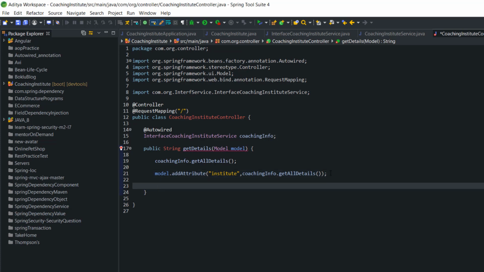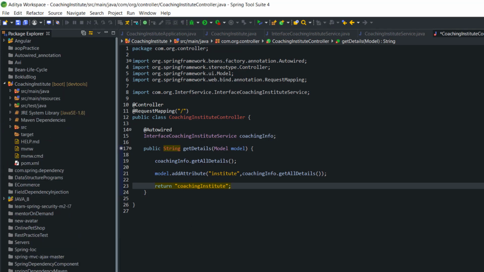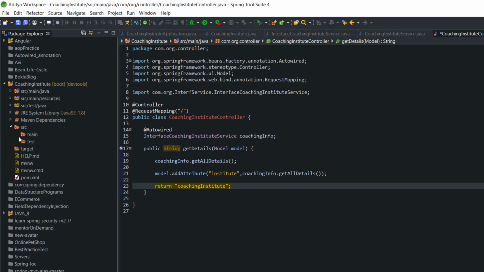Now here, since the return type is String, I'm going to return something. Let's return some JSP file. Let's say the JSP file we will keep as, now we will create a JSP file. So we will give some sort of a pattern. We will go to the src main folder,